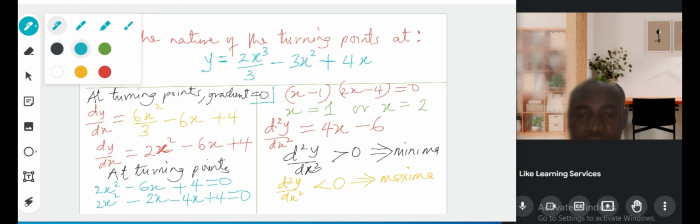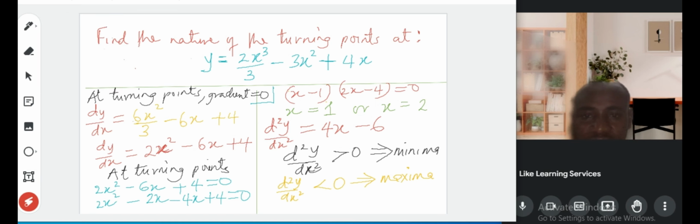So let's start first of all with x equal to 1. We substitute these two values of the turning point, the x values of the turning point, into this second derivative. After we differentiate the first time and the second time, we substitute x equal to 1 and x equal to 2 into this equation of the second derivative, and see the one that will be greater than 0 or less than 0, so that we know whether it's a minima, the trough, the valley, or maxima, the peak. So starting with x equal to 1,